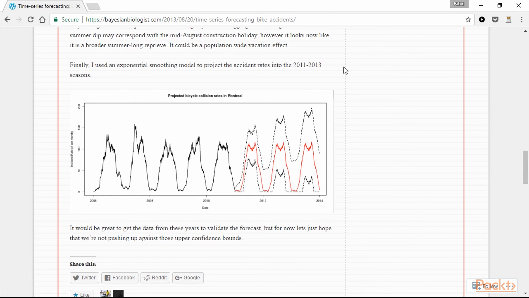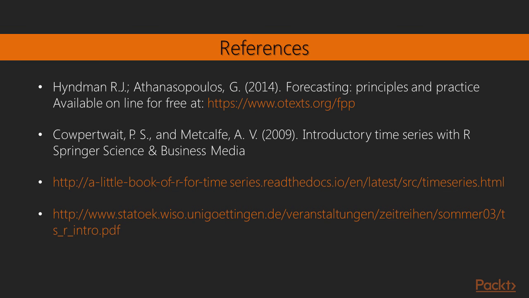More complex methods involve the estimation of both trend and seasonal variation in the time series. A commonly used technique is the ARIMA model, which stands for Autoregressive Integrated Moving Average. This method may reach better predictive results, and in this section we're going to see how to apply it. You can find more information on time series analysis by looking at these resources. In this video we looked at some theoretical aspects we need for time series analysis,